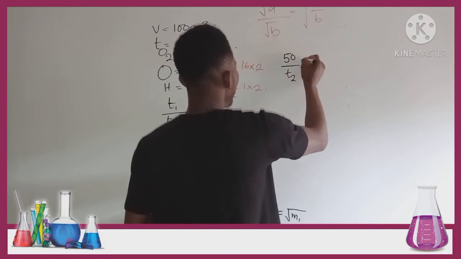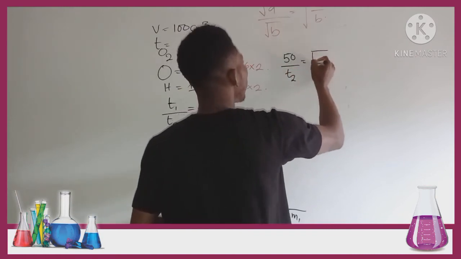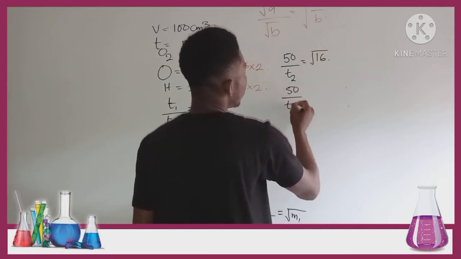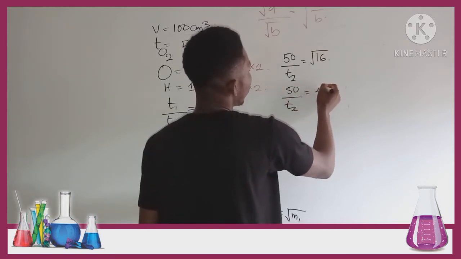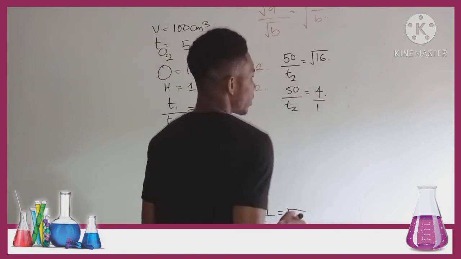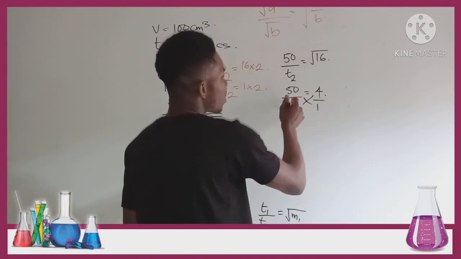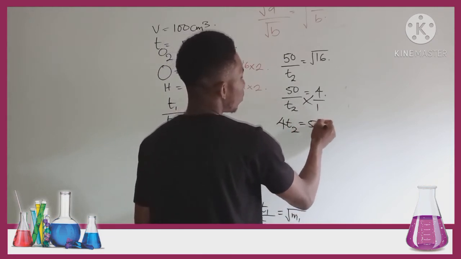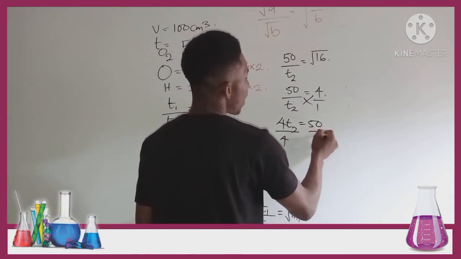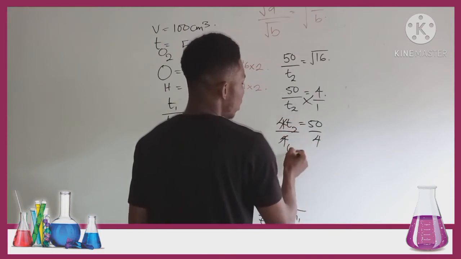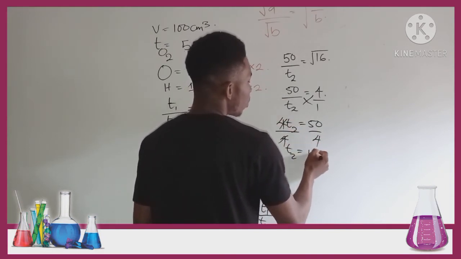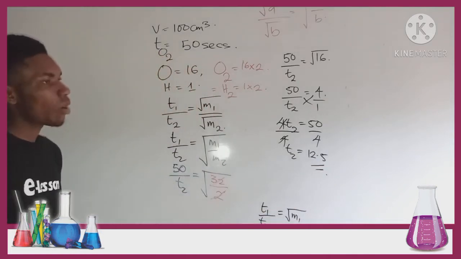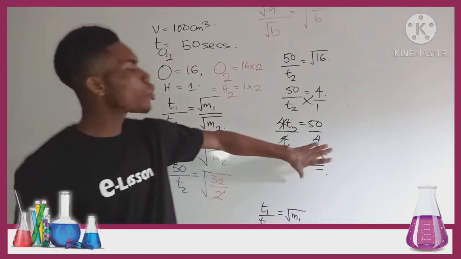over T2 is equal to root 16. So this becomes 50 over T2 is equal to 4 over 1. Now cross multiply. 4 times T2 becomes 4T2 is equal to 50. When you divide both sides by 4, this cancels this, and your T2 will be 12.5. So you see that hydrogen gas of the same volume will diffuse